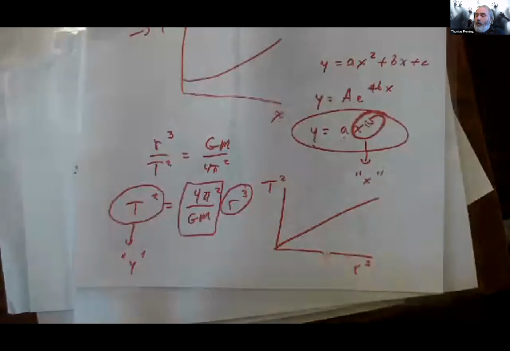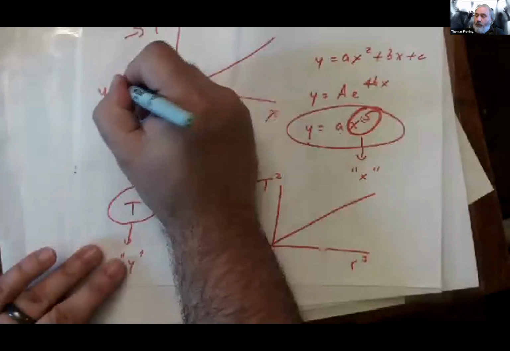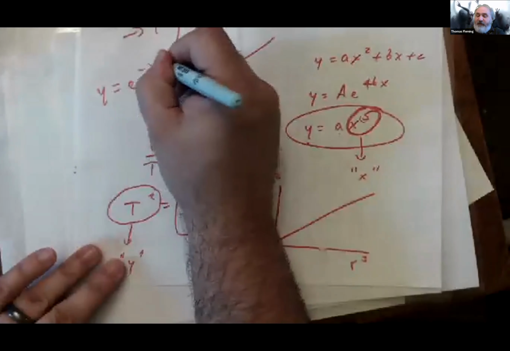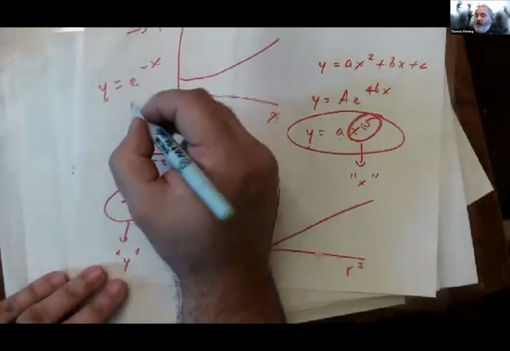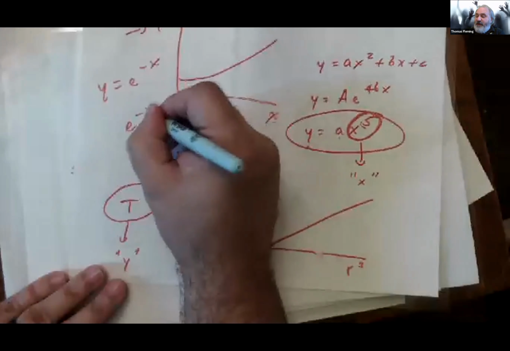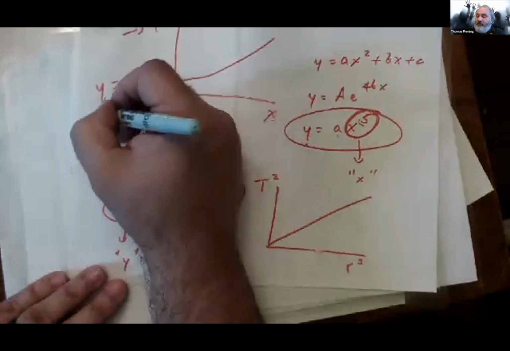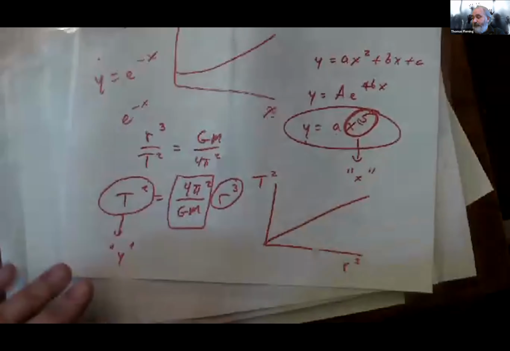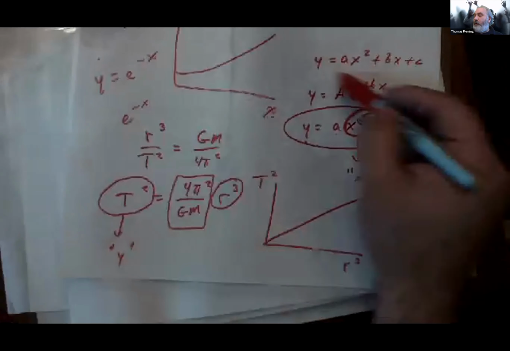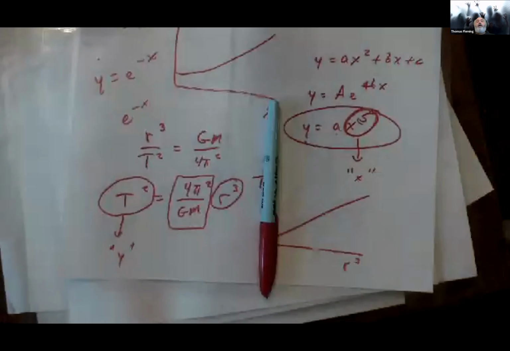So if I thought that y equaled e to the negative x, then what I could do is, instead of plotting x, I could plot e to the negative x as the x-axis, and this is the y-axis. I'd get a slope of 1, but the line would be straight. So if you have a guess of what the function is, sometimes you can pick how to graph it in a way that makes it a straight line. And that's a trick that you might end up using on a couple of those examples to get better results